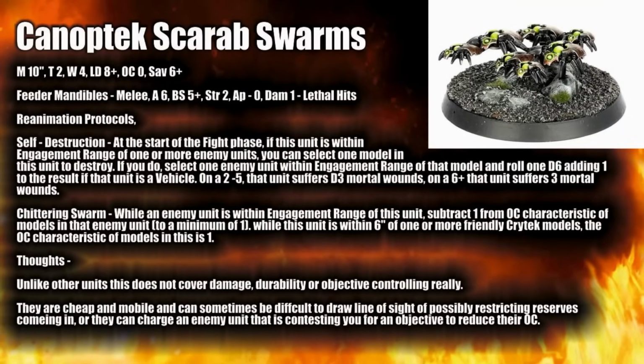With the classic Canoptek Scarab Swarms, it's a bit of an odd unit here. They don't really offer damage outside their mortal wounds, they don't have the most durability, and don't really do objective controlling very well. Now they do have abilities to reduce an opponent's objective control and gain some themselves if they are near a Cryptek model, but generally I find them to be more of a nuisance unit after all. They can be really hard to target with ranged because they are so small,